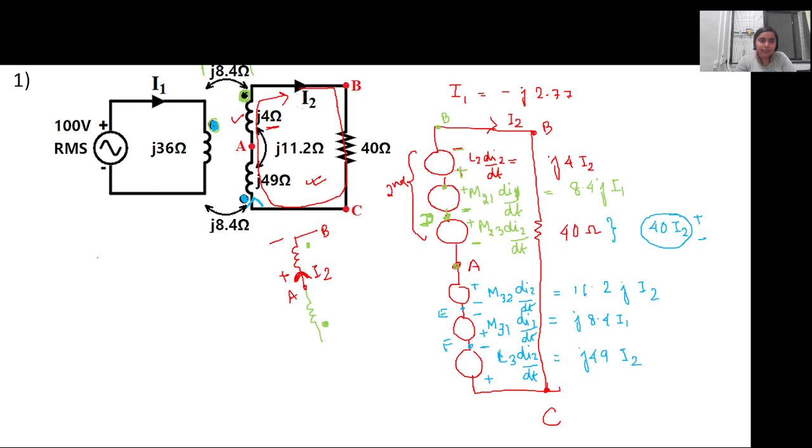Can you guys try this one? Let me know the value when you get it. Okay. So I'll start. 49 J I2 minus 8.4 J I1, then plus 11.2 J I2, then we go to the second one, which is